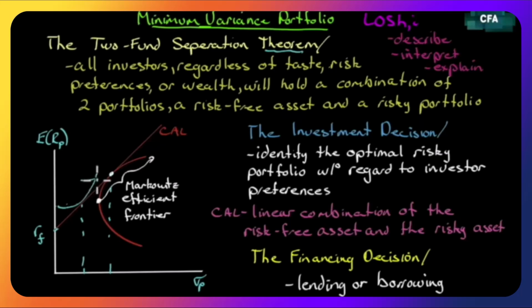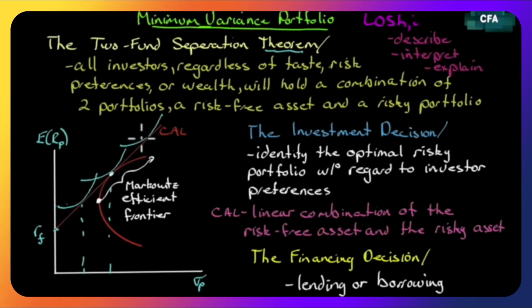Somebody else may have an indifference curve that's tangent here, and somebody else may have an indifference curve that's tangent up here. So once I identify the optimal risky portfolio, I know where my risk-free rate is, I draw my capital allocation line, then I say, now where along this line shall I put you? If you're very risk averse, well then obviously I'm going to put you somewhere down here. If you can handle more risk, I may put you closer to here, but still some combination. If you're very risk tolerant, I may say, well, let's not just take the optimal portfolio, let's borrow and leverage the optimal portfolio and get you somewhere further up the capital allocation line.